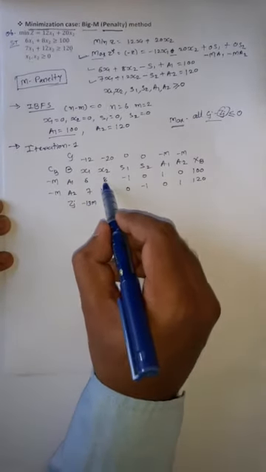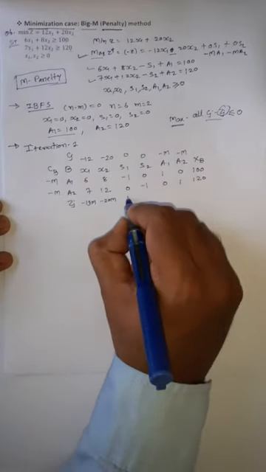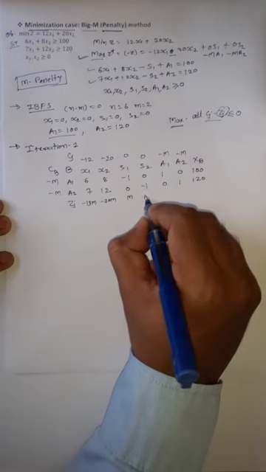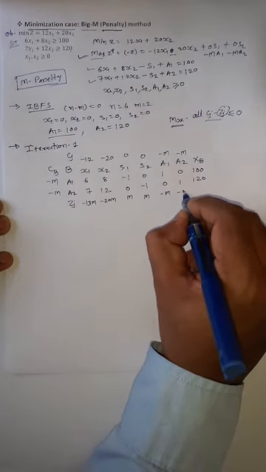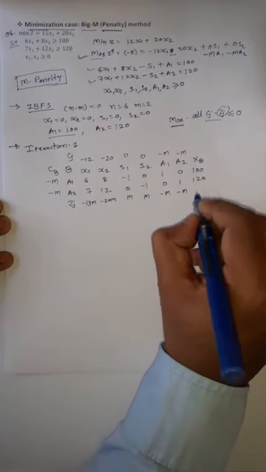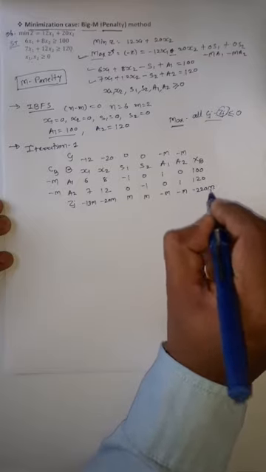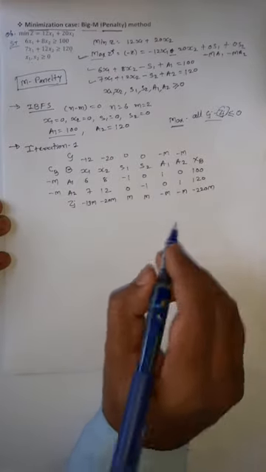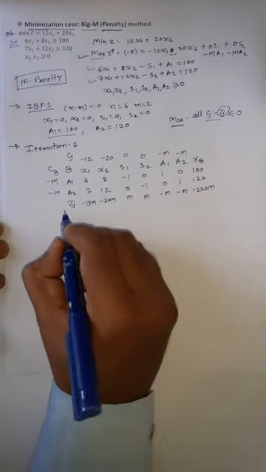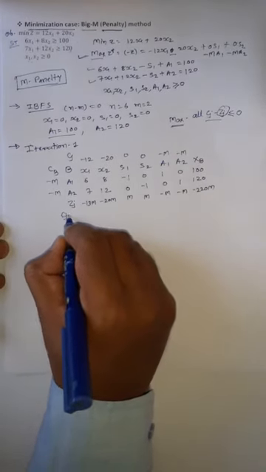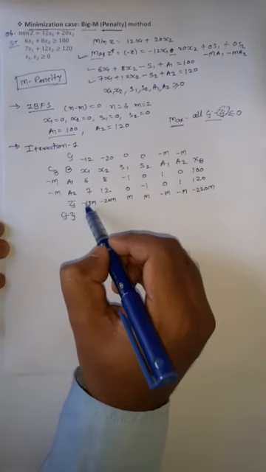Here 8 and 12, so it is minus 20 m. Here it is minus minus, plus m, so it is plus m. Here also plus m. Here it is negative of m, here negative of m, and in this case it will be minus 220 m. It is not necessary to calculate this here, but let's have a look for comparison purposes. Now Cj minus Zj: Cj minus Zj is minus 12 minus minus 13 m.